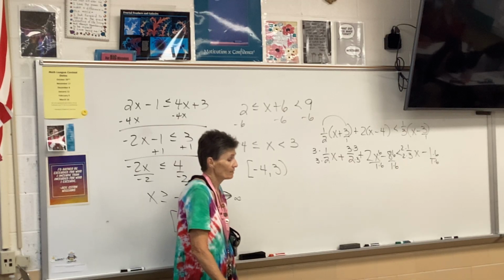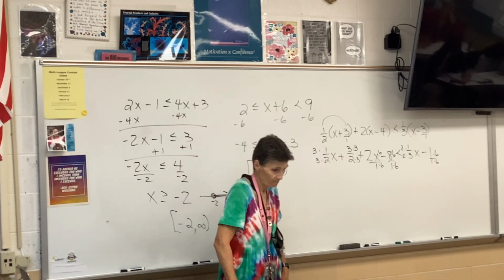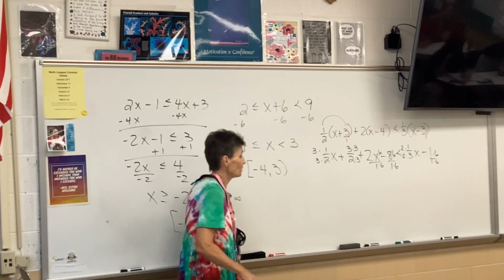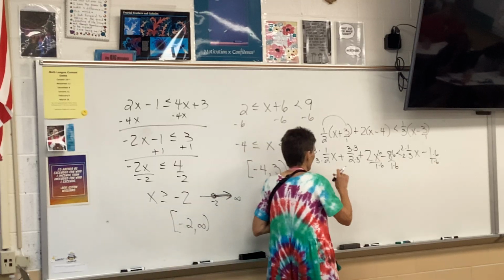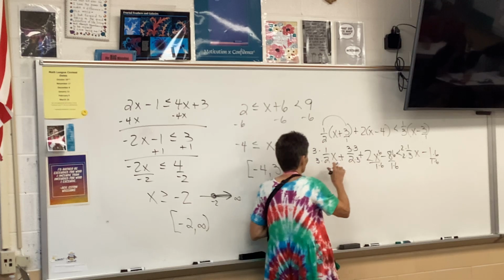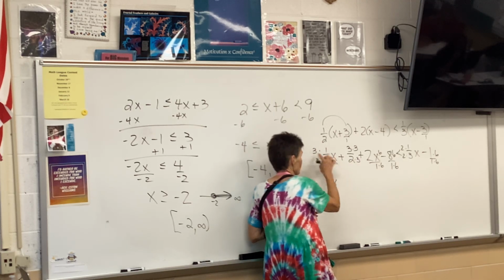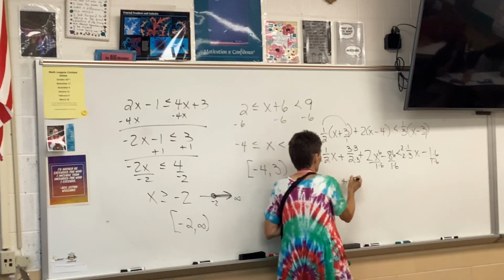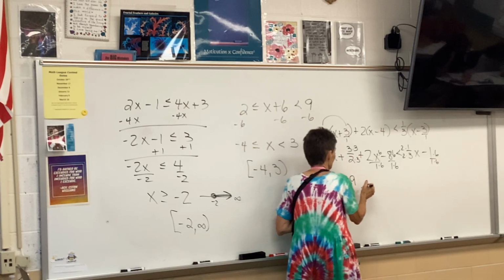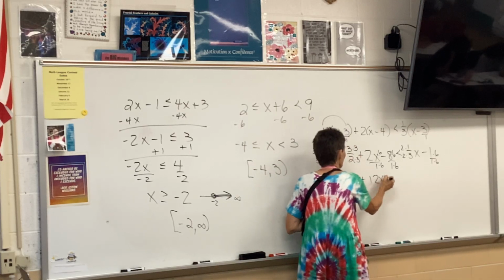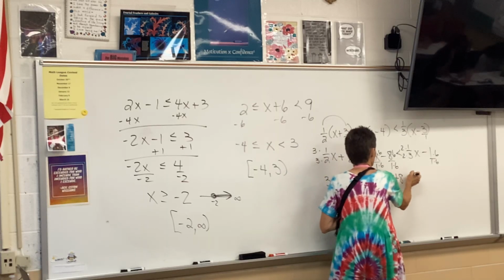Once the denominators are all the same, then we can get rid of them. So I'm only going to look at my numerators now. So I have 3x, 3 times 1 times x, 3x, plus 9, 12x minus 48,